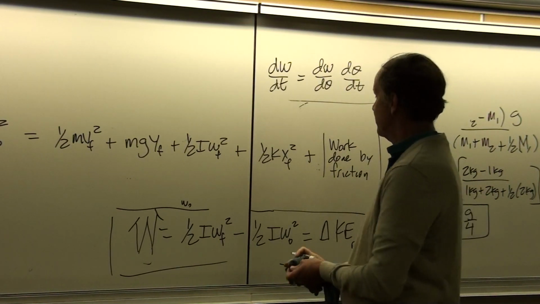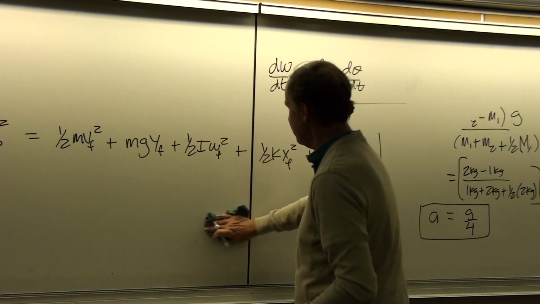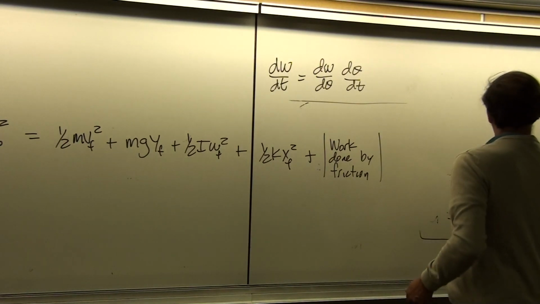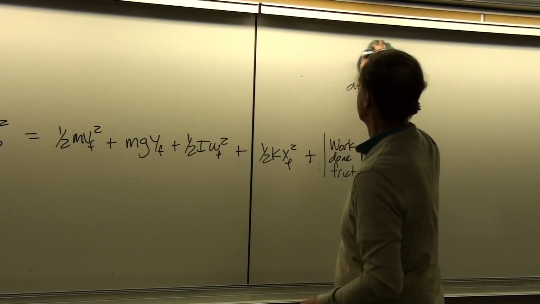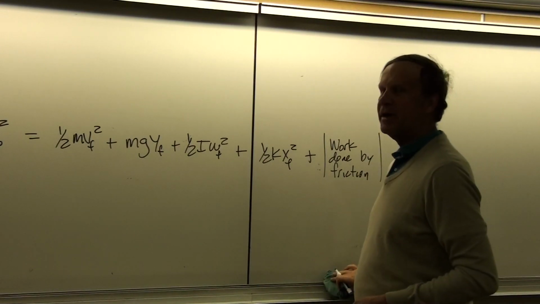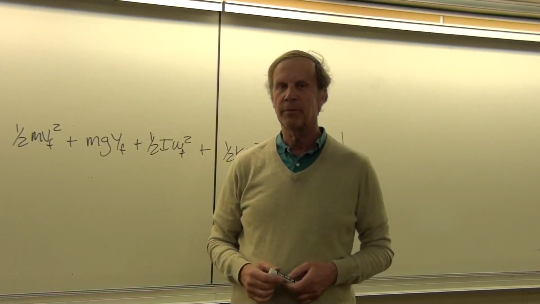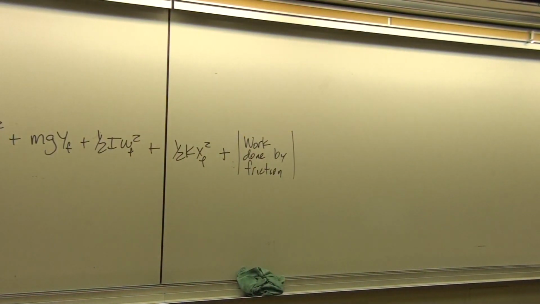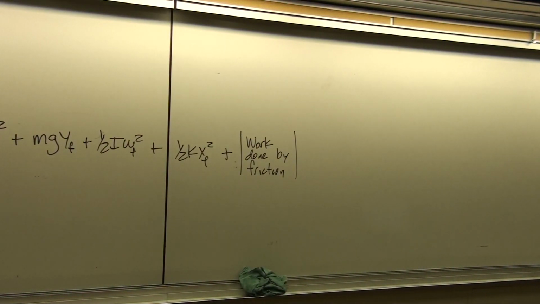So this is getting to be a pretty big equation. And if we had to use all of these terms, it would be kind of daunting. But in most problems, we only use a few of these terms. And so in my next example, what I'd like to do is take a look at a problem that we've already looked at. That being a mass rolling down an inclined plane.